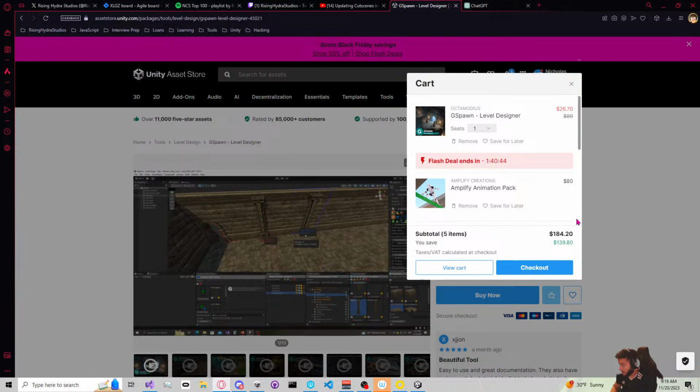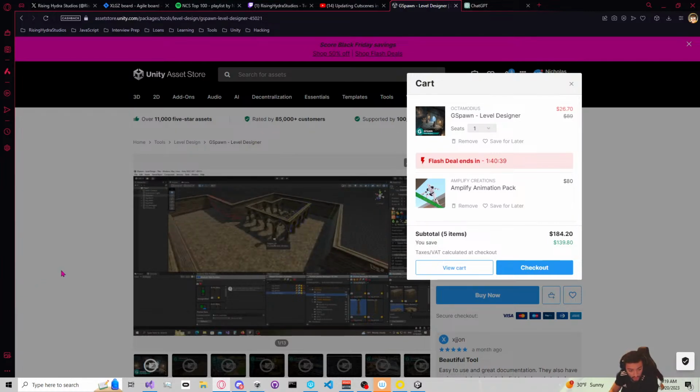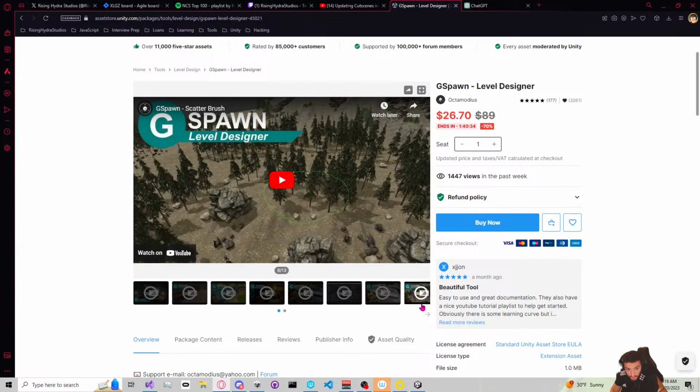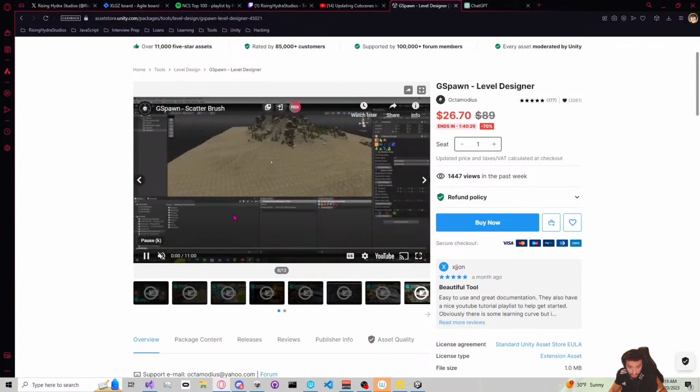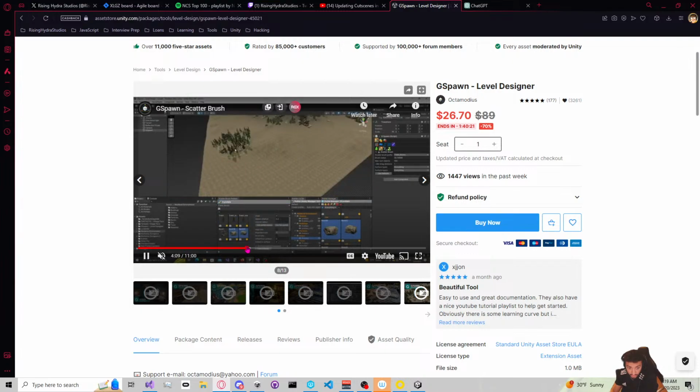uneven terrain, because everything they've shown us is on a flat surface, whether it's one that they created or with meshes or with terrain, but they have not shown any sort of terrain deformation in any other advanced tools. Like the tree painting, I wouldn't consider that an advanced tool since that's already functionality within Unity. But